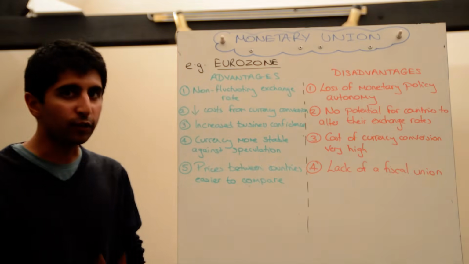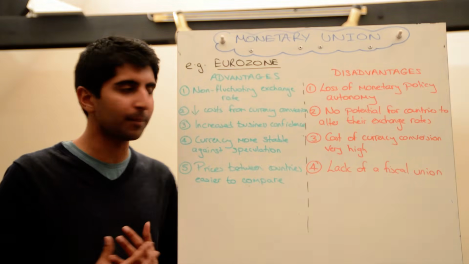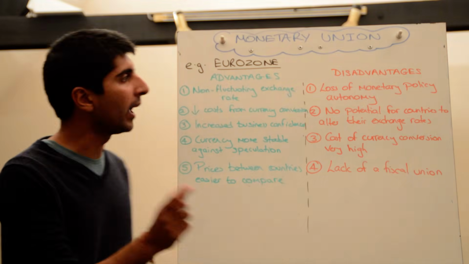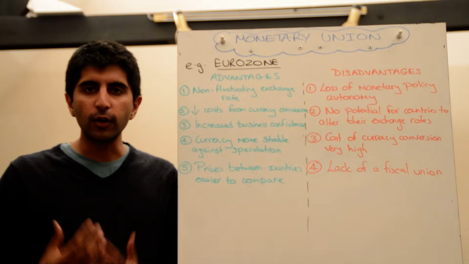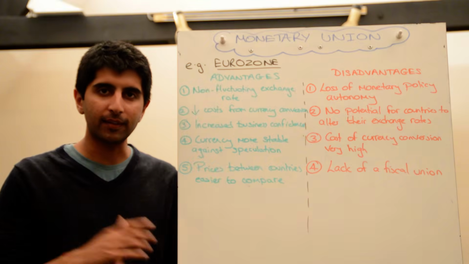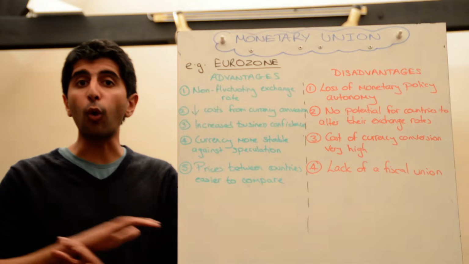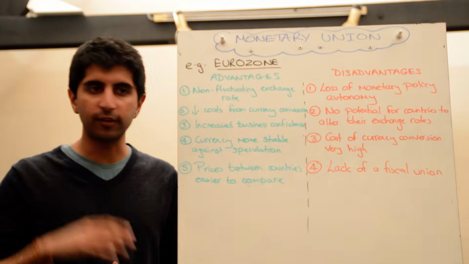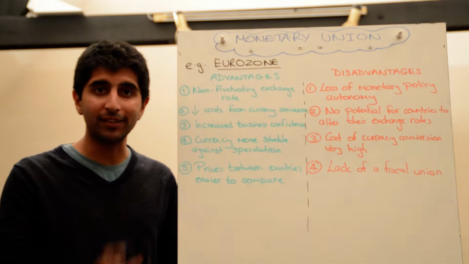What are the issues though? There are some big reasons why the UK, for example, does not want to be part of the Eurozone. I would argue number one is the key reason why. As soon as you join the Eurozone, as soon as you decide to be part of a single currency and you adopt the same central bank as everybody else within that trading bloc, you lose all control you have over monetary policy. All your autonomy over monetary policy goes towards that one governing central bank.